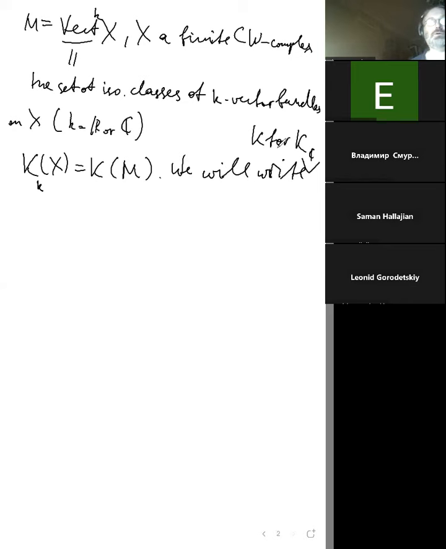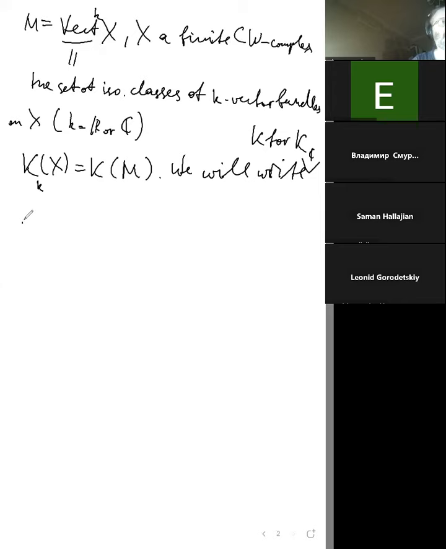So unless it says R, all vector bundles will be complex. Okay, now